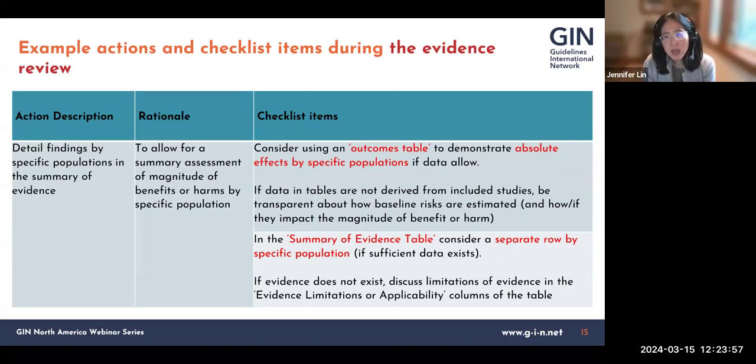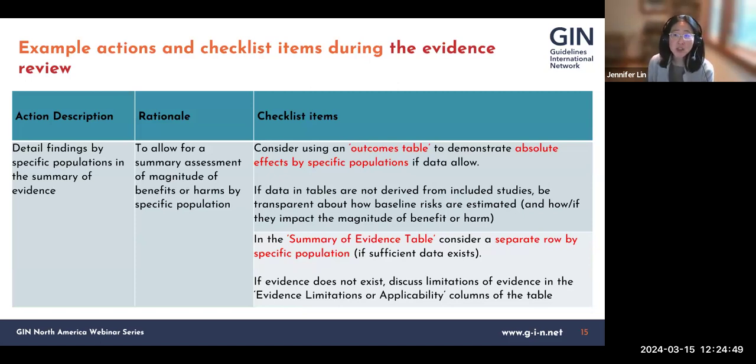detailing the findings by equity deserving populations in the summary of evidence or strength of evidence table that really allows the decision maker to make an assessment of the magnitude of benefit and harms in these populations. And it really is focusing on understanding what are the absolute effects in these populations. This is separate from another action item that details using and interpreting subgroup analyses. I want to say that subgroup analyses, in my experience in the reviews that we've done, are generally deficient in informing benefits and harms in equity deserving populations for a number of reasons. So what we're advocating here for is really